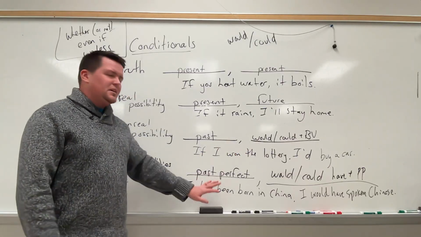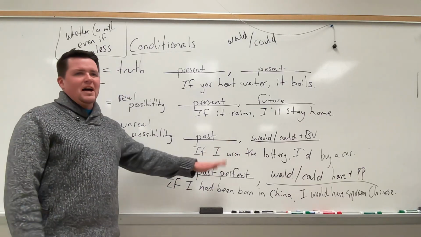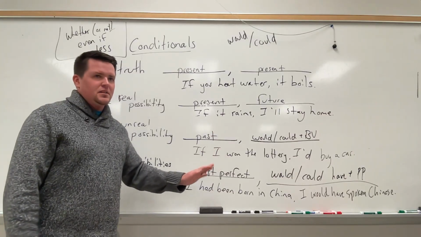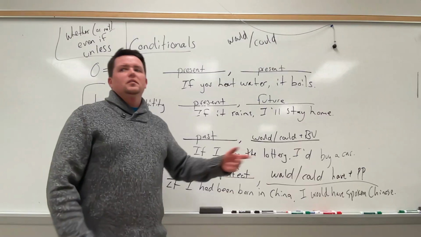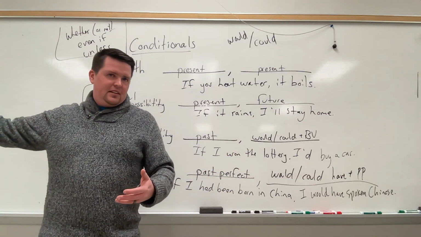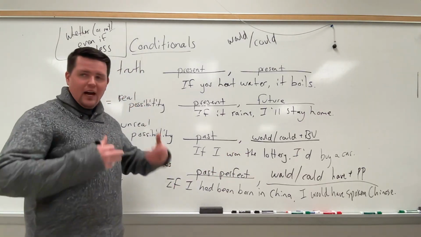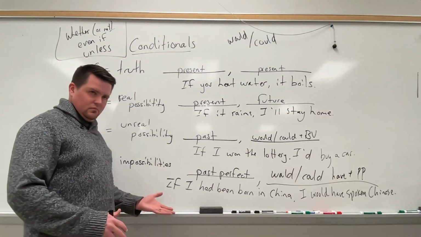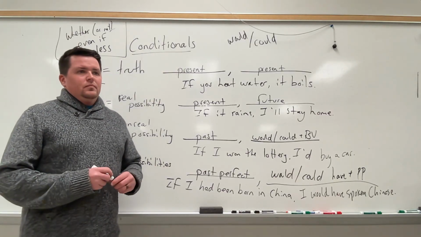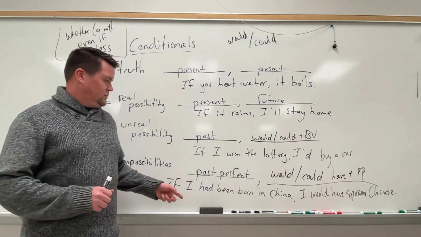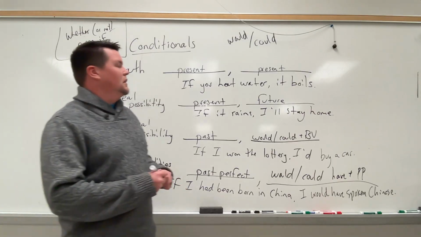Now sometimes native English speakers will mess up these verb tenses, and sometimes we'll say, if I was born in China, because it's in the past as that idea. But academically, this is it. This is what we do. Another example would be